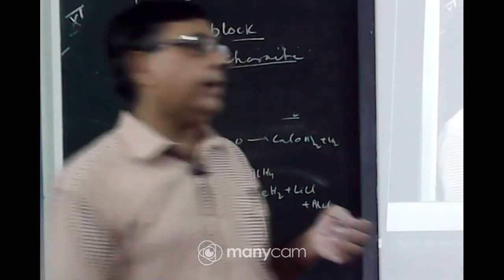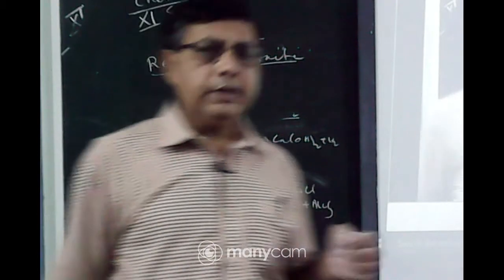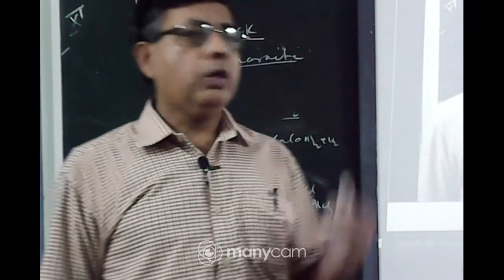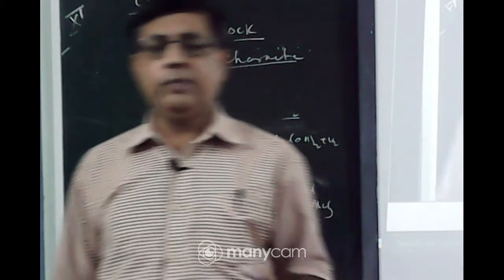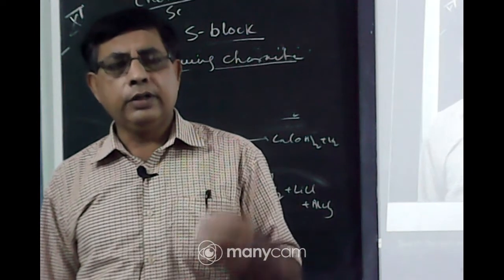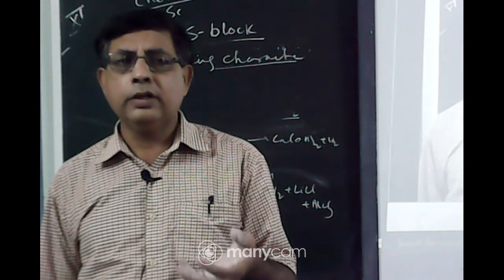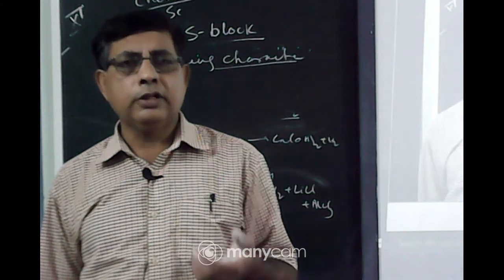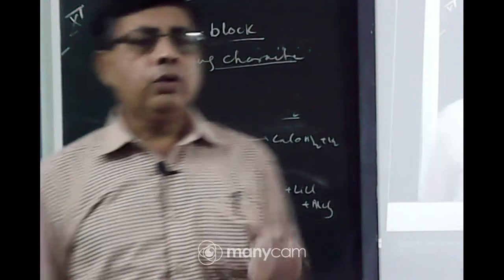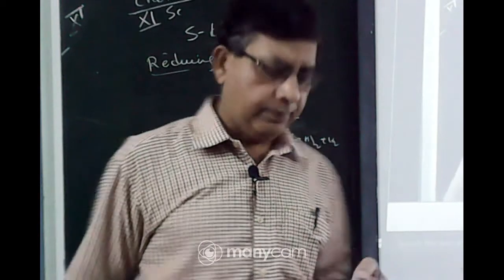So, alkali metals are stronger reducing agents than alkaline earth metals, and the reducing character of alkaline earth metals increases down the group, because when you move from beryllium to barium, strontium or radium, the IP value gradually decreases. Due to the decrease in IP value, the tendency of the element to form cations also increases, that is, they can be easily oxidized. So, they act as good reducing agents. So, reducing character is minimum for beryllium and maximum for radium.